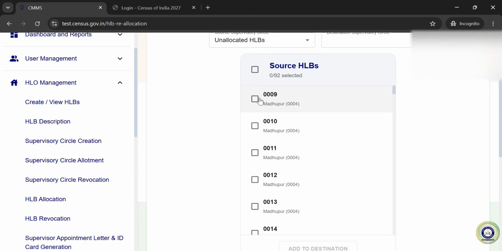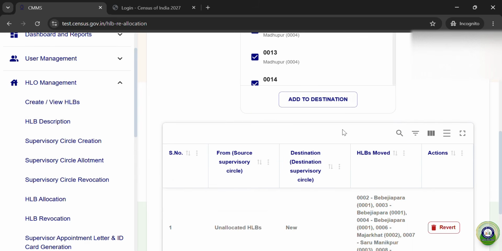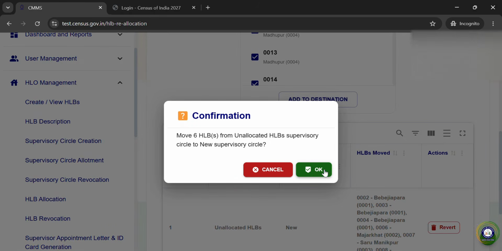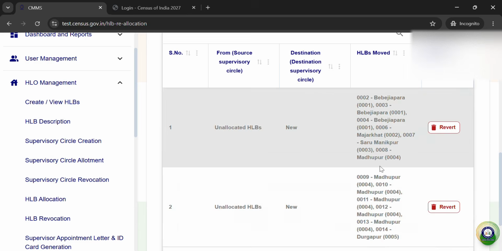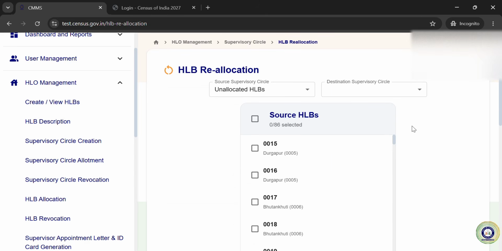Again I will select the next 6 and put them into another new supervisor circle, and add to destination. Now you can see 2 records, 2 supervisor circles. In each supervisor circle there are 6 HLBs. HLB full form is house listing block.